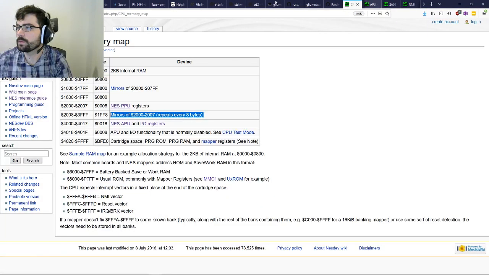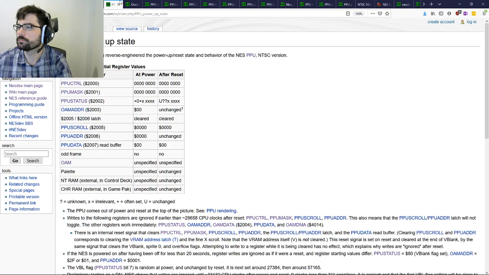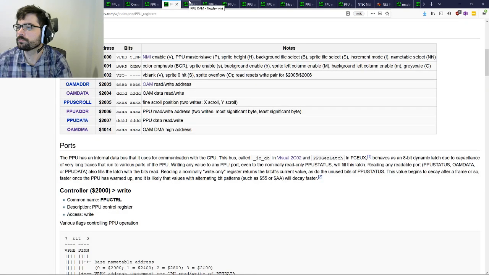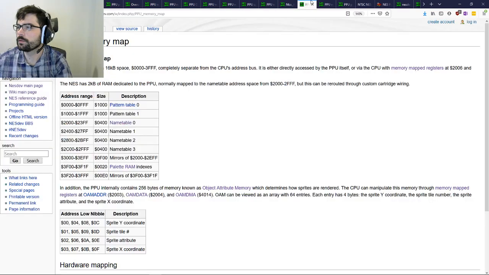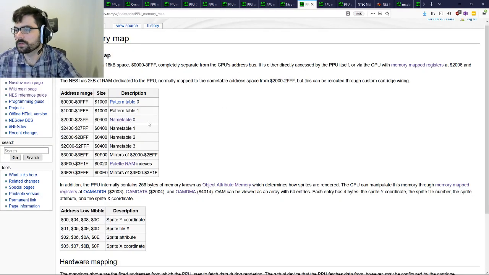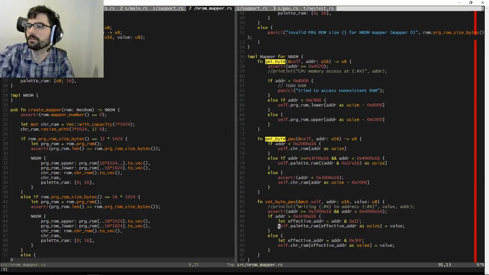Where's my PPU memory map? There we go. Okay, so we're writing to the palette RAM, which has a size of 20. I don't know why I thought that this was 16. It's obviously 32. So that's actually fine.